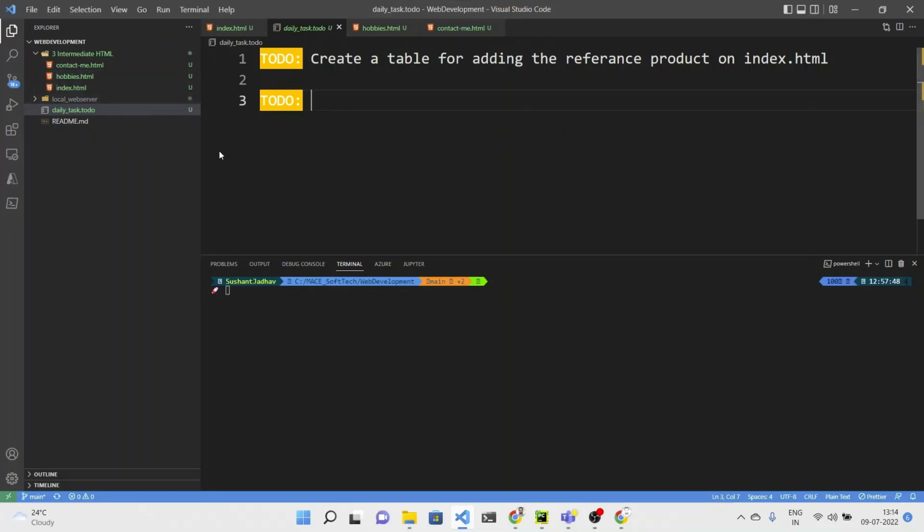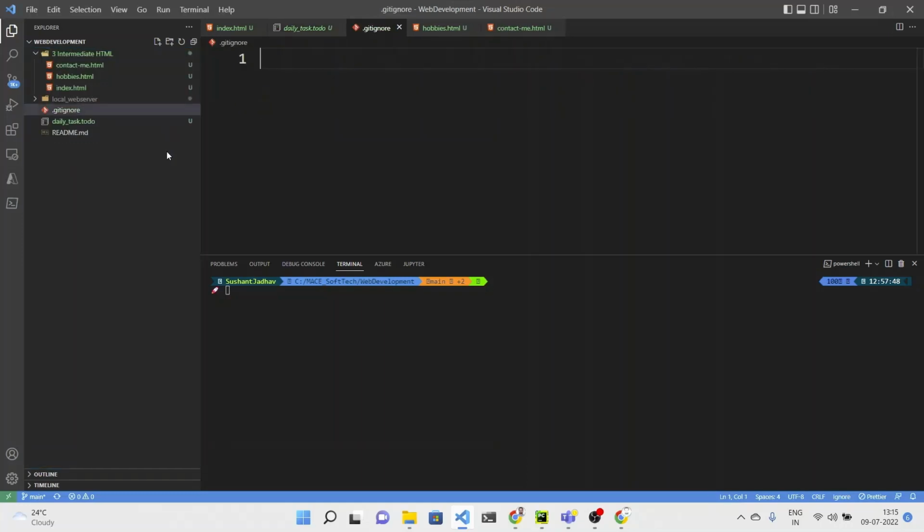So let's get started with how we can create an ignore, and how we can ignore one file and one folder. Here, on the root of my web development folder, I will create one file, that is the gitignore file. This is my gitignore file. The gitignore file is created, and I first want to skip this daily task, so I will write the file name